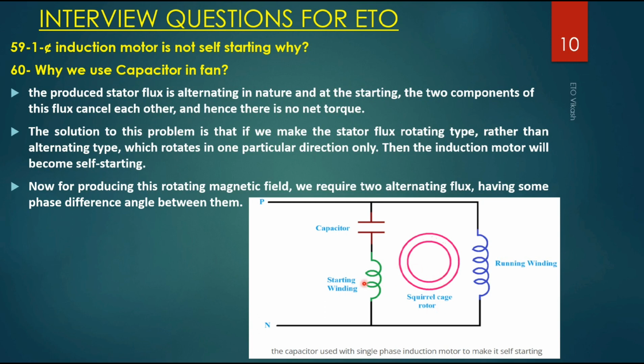At home, I think you can see the example. If you remove the capacitor and start your fan, the fan will not rotate in one direction, it will just make a humming noise and stay stationary. And if you give a force in one direction, it will start to rotate. So to create a phase difference, we use the capacitor, which is leading in nature, so the current leads and the voltage lags. By this capacitor we are creating the